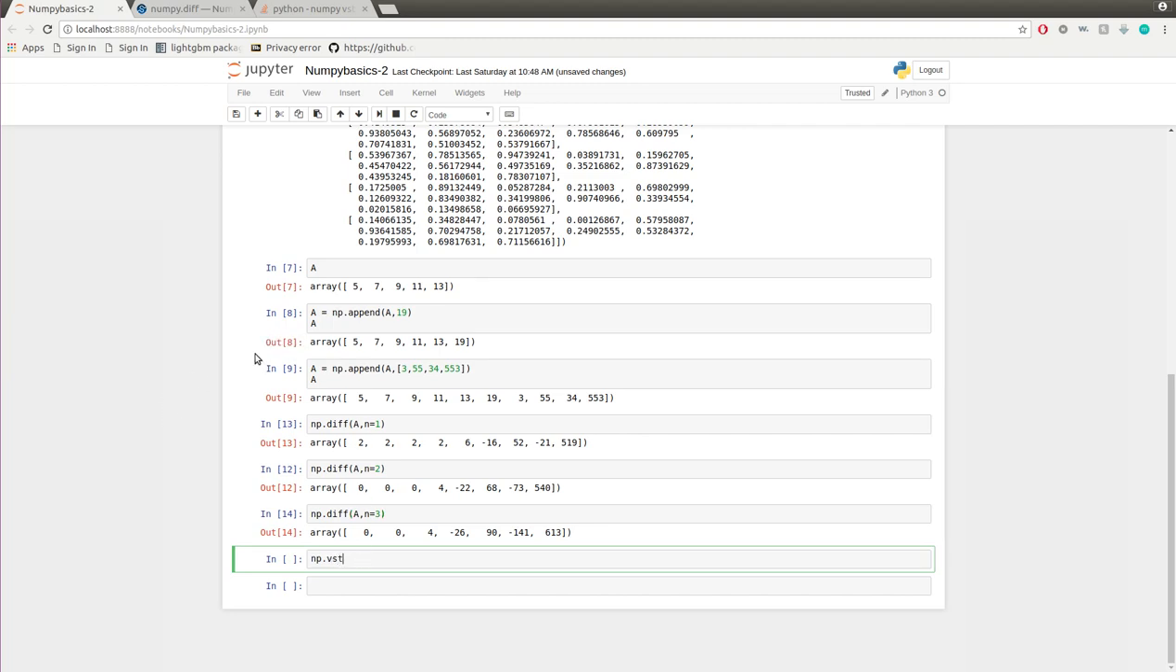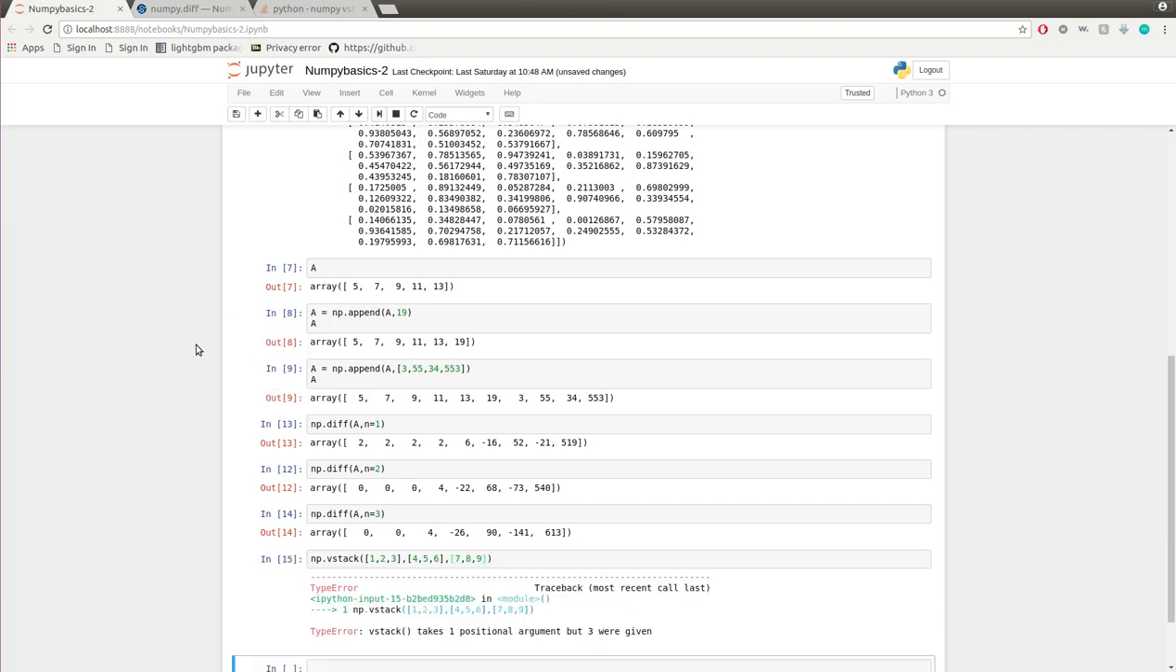Alright, so let's go ahead and talk about np.vstack. So this is something that you have to actually watch. So let us look at this vertical stack. What is vertical stack? All this vertical stack does is that it's going to just stack elements on top of one another. So let's say 1, 2, 3, 4, 5, 6, and I also say 7, 8, 9. Okay, now if I do np.vstack,